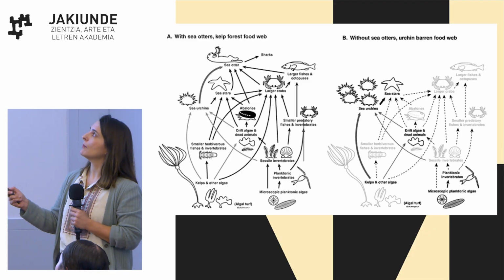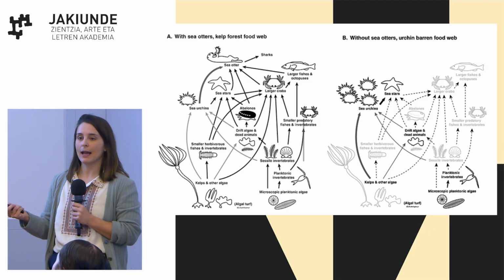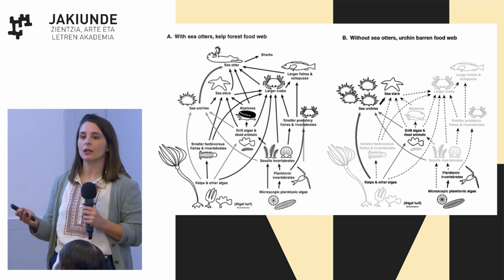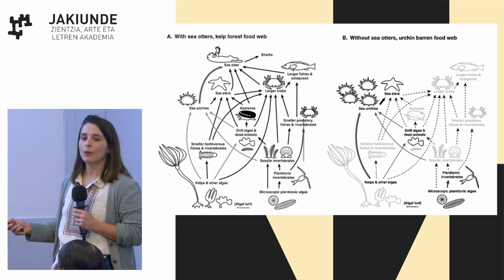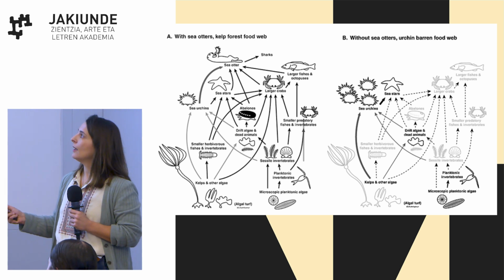There were shark attacks, and so a lot of the sea otter populations were disappearing. And what happens when those sea otters disappear is that sea urchins no longer have a predator, and so they increase in number very much. And as they increase in number, they consume a lot of the kelp, which disappears. And then with the disappearance of the kelp, we lose a lot of the other species that depended on that